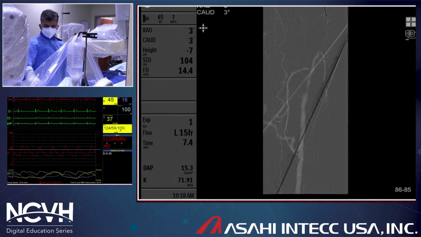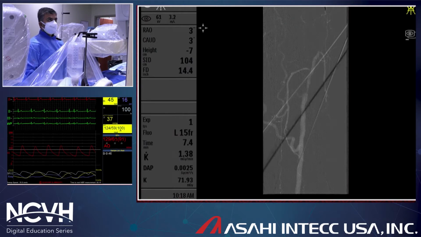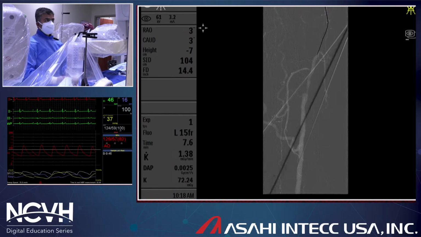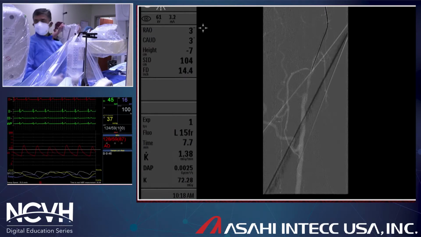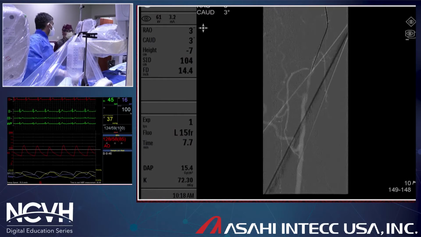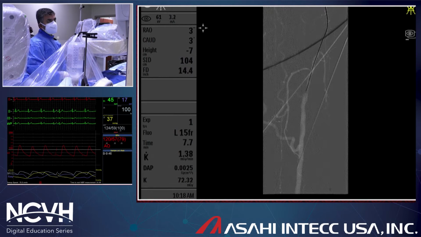I keep the wire tip moving, as we see in this particular case, and you will see as I'm putting a little forward pressure and continue to torque, this wire will continue to form. As the tip becomes completely released, once it enters the true lumen, you know you have crossed. It's almost invariably like this. What I've learned over my usage of this wire is I keep a gentle forward push and I use my right hand to continue to torque the wire right and left, which gives me an assessment. As soon as the wire enters the true lumen, the tip becomes completely loose